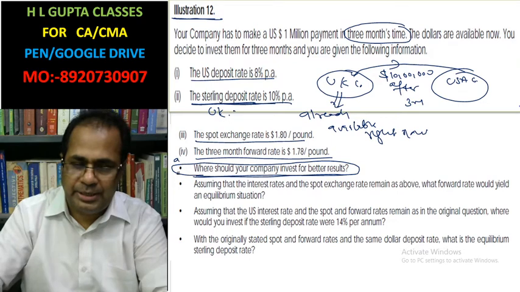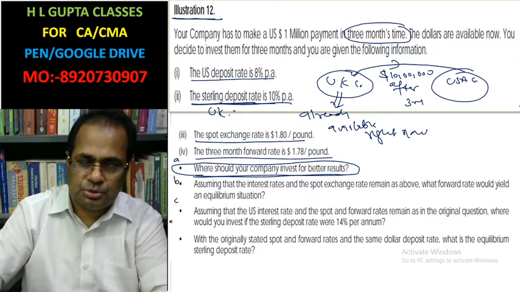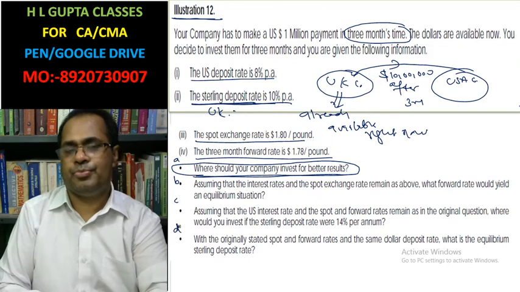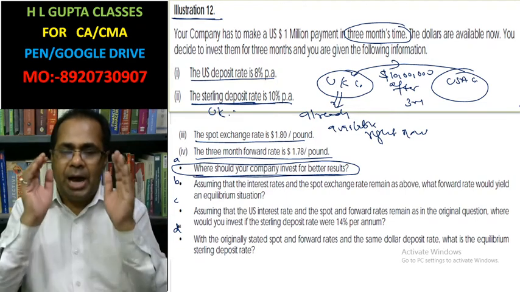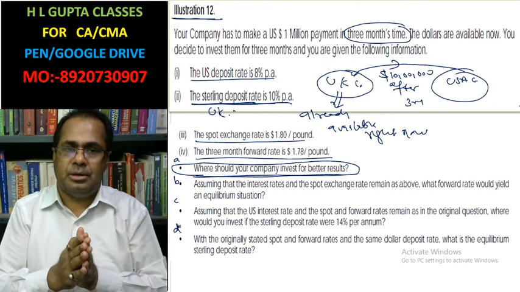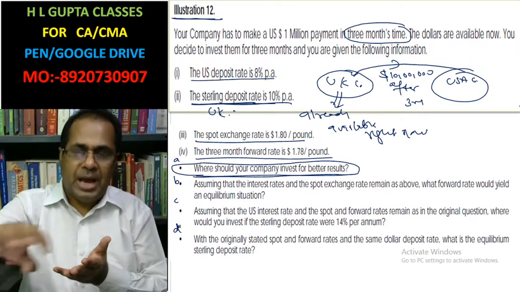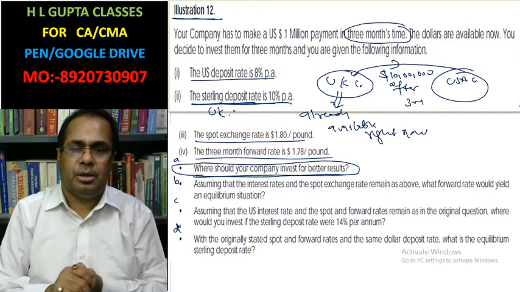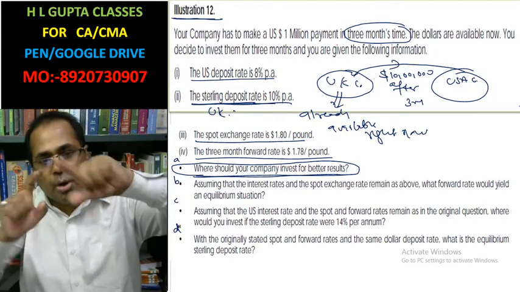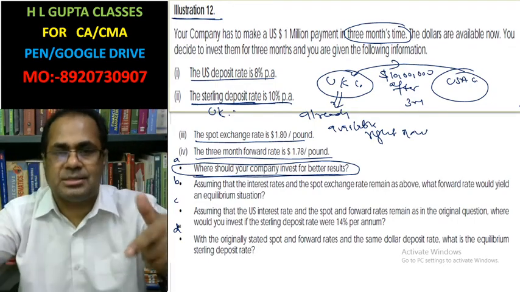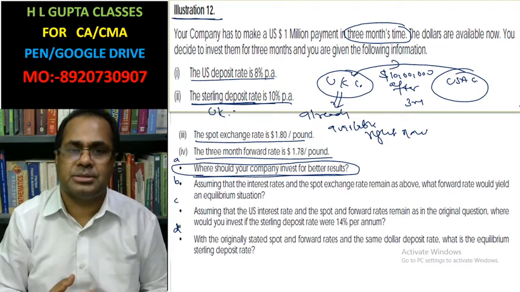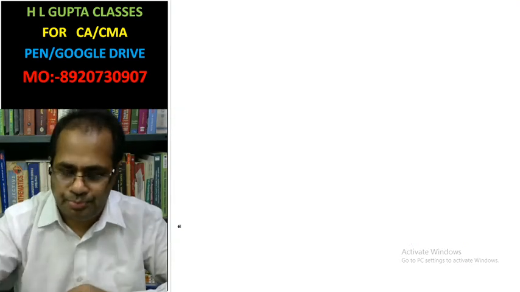This is suppose A, this is suppose B, this is suppose C, this is suppose D. Where should you invest? Then what you have to do, you have to invest in USA as well as in UK, and you have to see the amount after 3 months which is the highest, and it is better to invest there. Okay, now